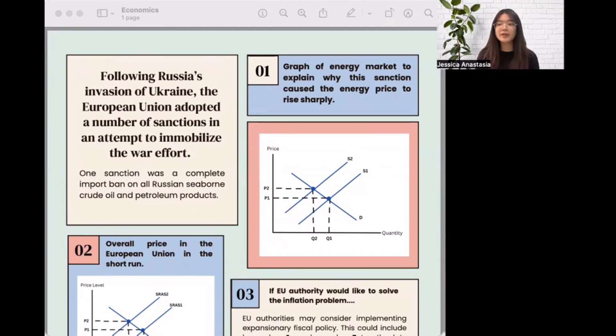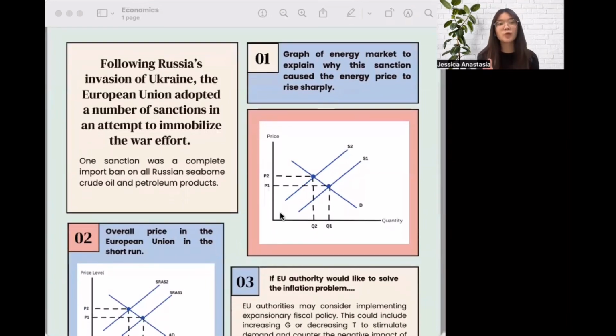One sanction was a complete import ban on all Russian seaborne crude oil and petroleum products. The sanction sent energy prices to historic highs. First, I will use a graph of the energy market to explain why the sanction caused the energy price to rise